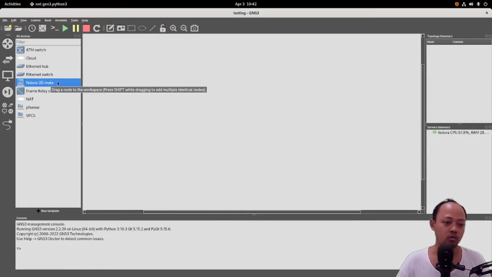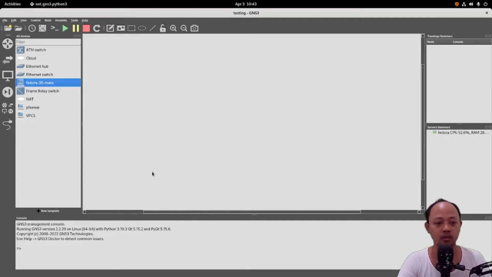I cannot use this so much because my PC has low spec, and if I put a lot of templates like Fedora 35 Mate, my PC will run very slow and maybe I need to restart it.